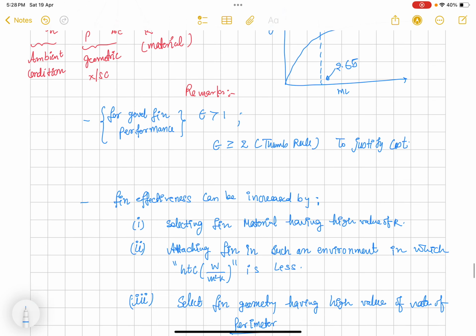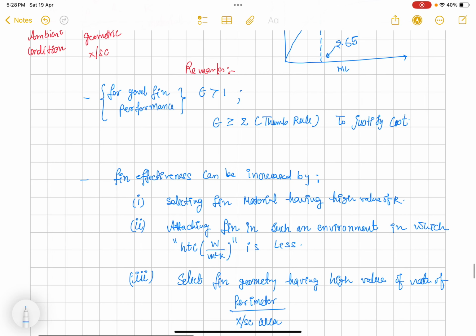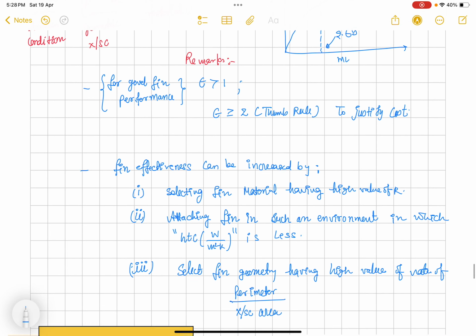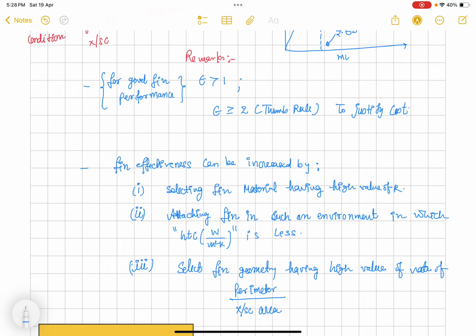All right. So in summary, for this fin effectiveness, for good fin performance,